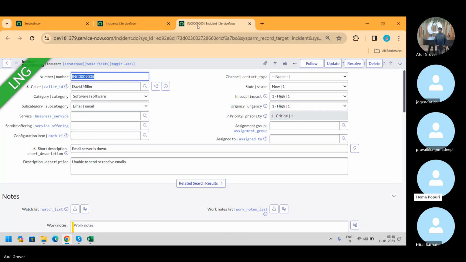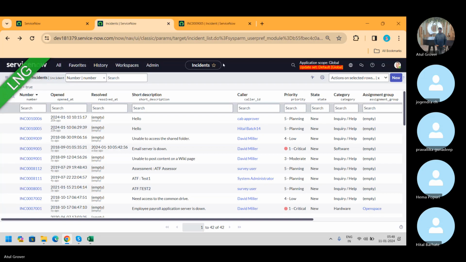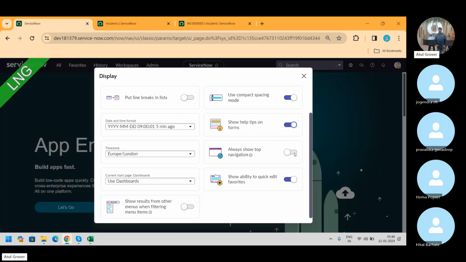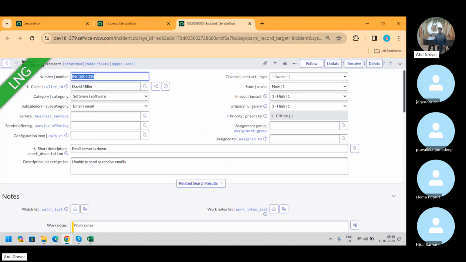Sorry, Atul, can you show me one more time? Okay. So if you see this incident, there's no navigation bar on the top. Right. The way we have here. Okay, yeah. So this can be enabled with this property, always show top navigation. Okay. And now if I reload this,